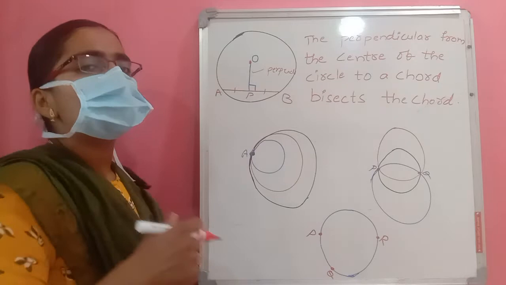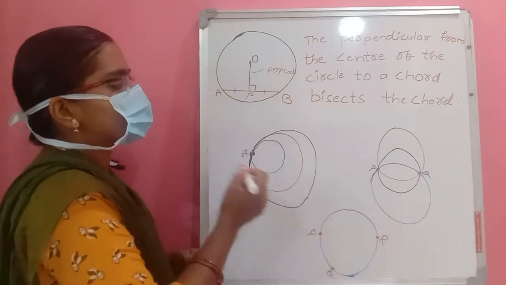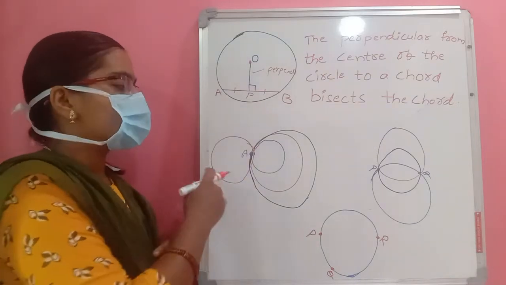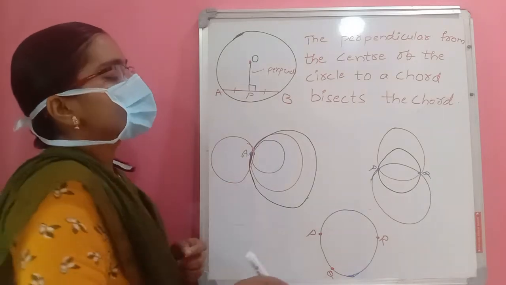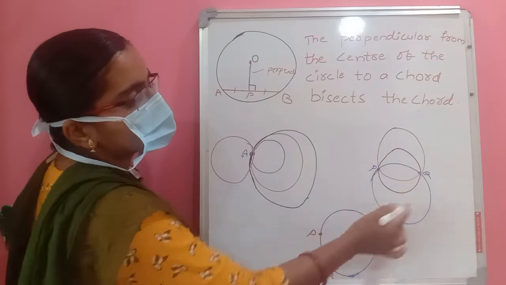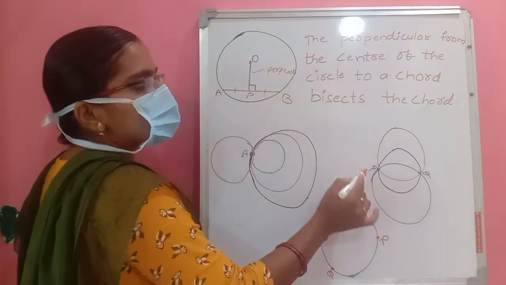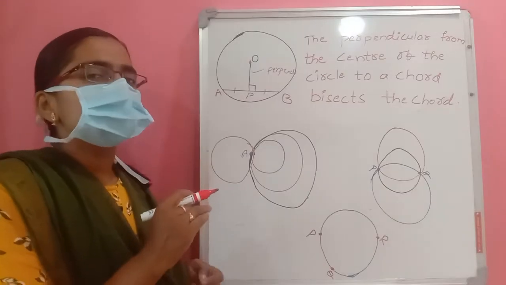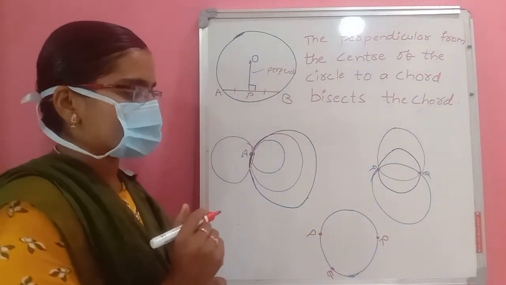Next, from one point, this is a point A, how many circles can we draw? We can draw as many circles as we want through this point. If you take 2 points, this black circle is passing through P and Q, and the red one is also passing through P and Q, and the blue one is also passing through both the points P and Q. So through 2 points also we can draw many circles.